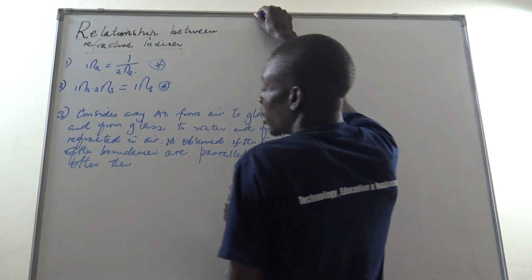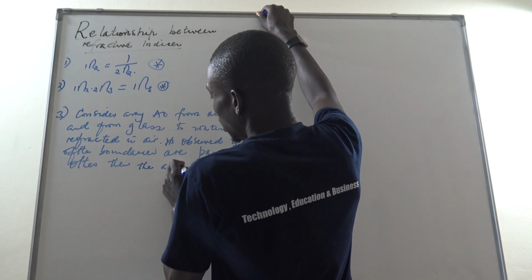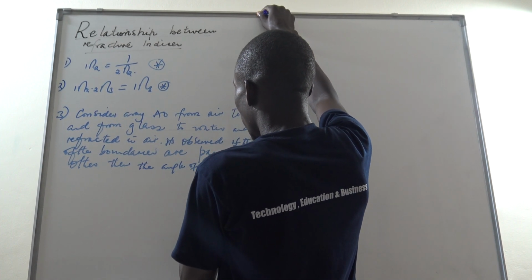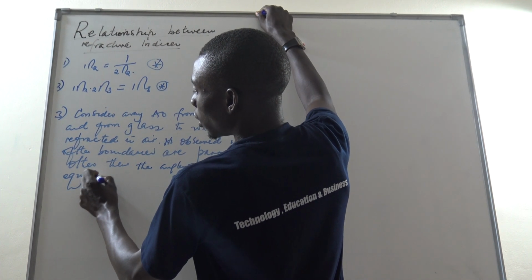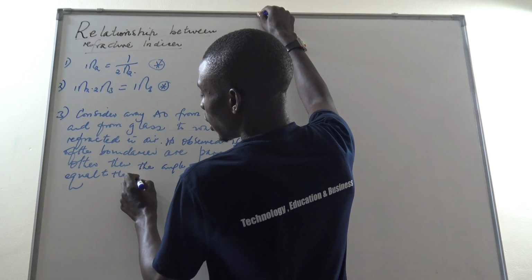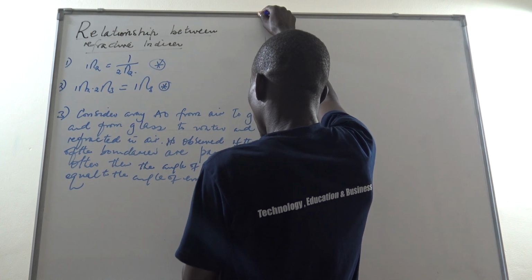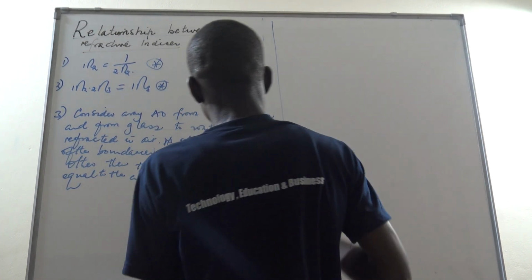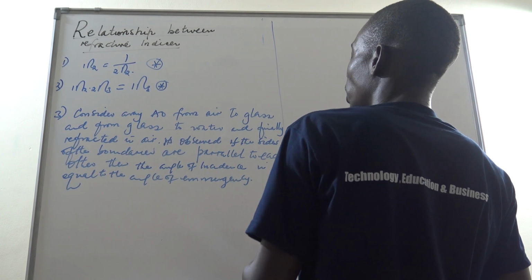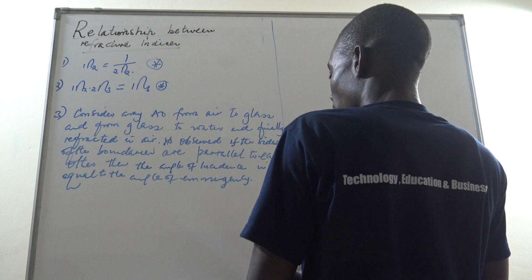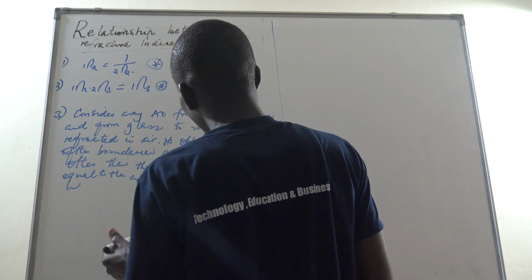then the angle of incidence is equal to the angle of emergence. Okay? It will be equal to the angle of emergence. That is when it is from air to glass and then to water and then back to air, as we are going to look at here. So we are saying that it is very true that